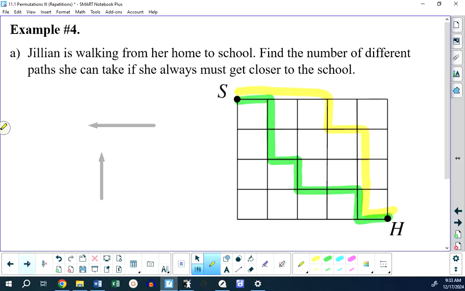But I want you to notice something, that in all of these cases, you have to make 4 moves up in this picture. No matter what you do, you have to walk north or up or whatever you want to call it 4 times somewhere. You're going up here, up here, up here, up there. You have to. Up, up, up, up. You have to, because the school is 4 above home. And you also are making 5 moves